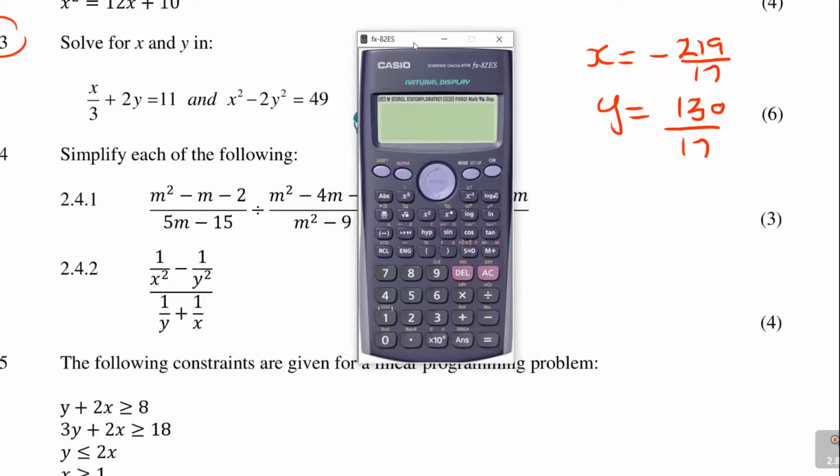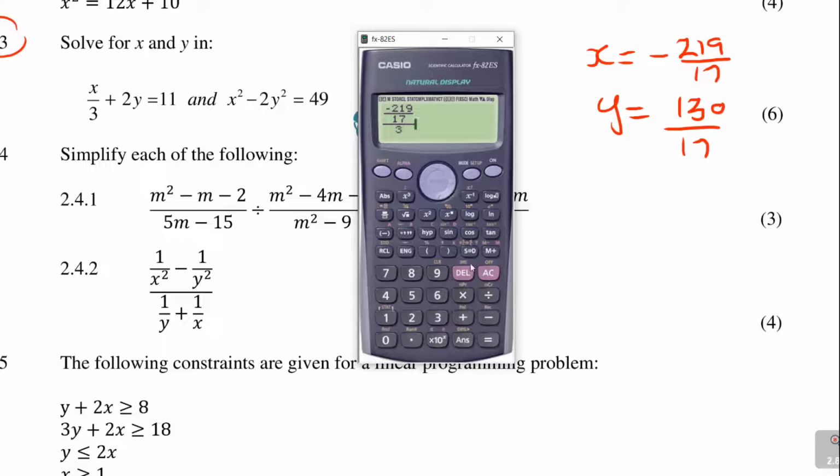So let's do that. I can close here now. Now, first one here is what? X is negative 219. Okay, I need to be careful now. Let's start there. It's a fraction, and then x has a fraction on top, so I put another fraction. So it's negative 219 over 17 over